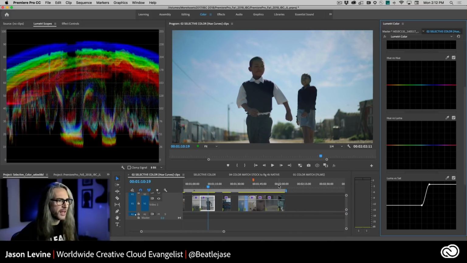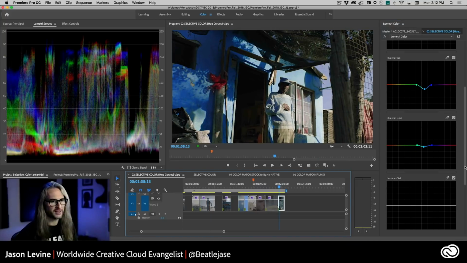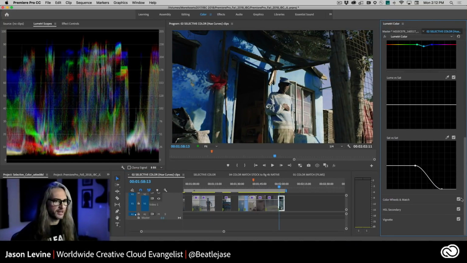Okay. Now, the last thing I'm going to show you here, I'm just going to skip ahead. This one is really for people who really understand these curves. I'm still figuring out really where I would use this, but you can kind of get the idea. So again, sat versus sat. How this has been explained to me is that this is particularly useful if you're, now remember that Premiere also